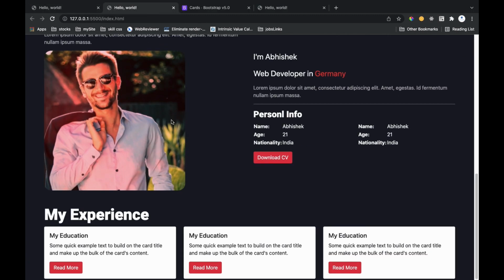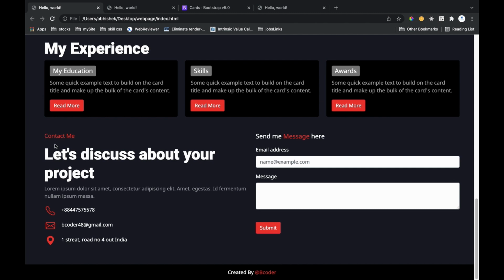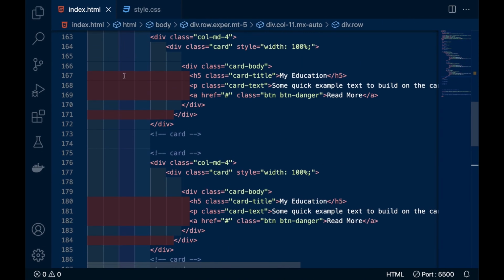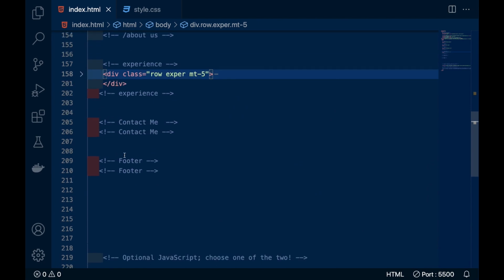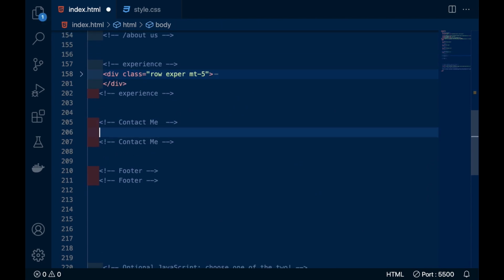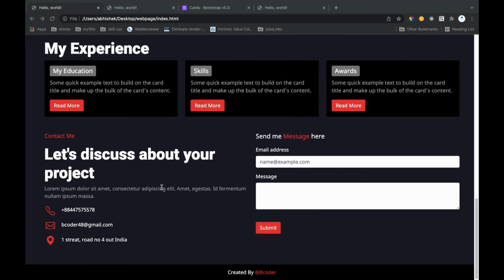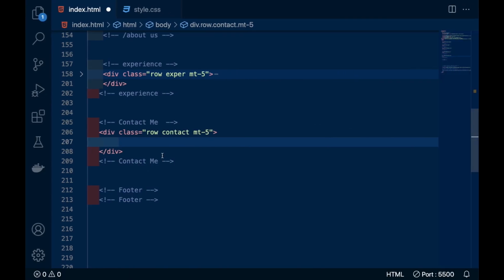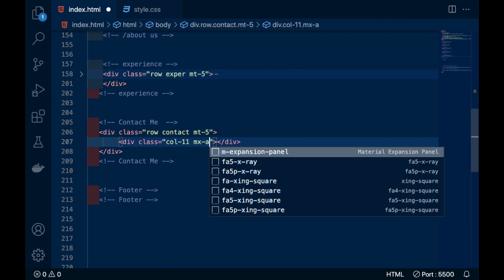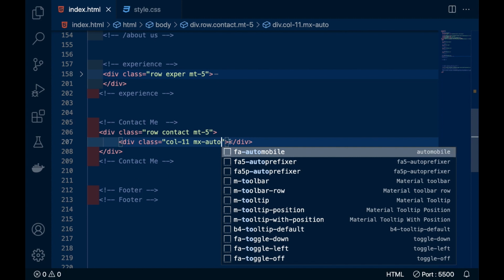Now what we have to do is the contact me option. I will close this experience section and make another row and give it the name contact, and one more thing, mt-5 as you know to give margin from above, and after that every time you will use column 11, so here you have to write margin auto.